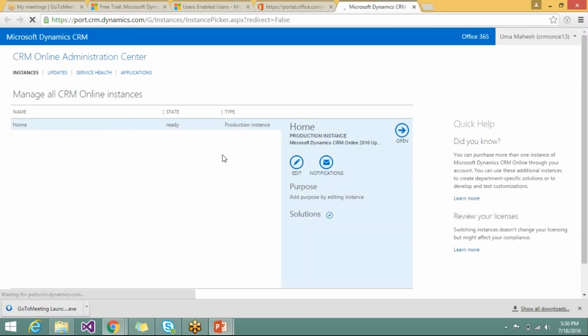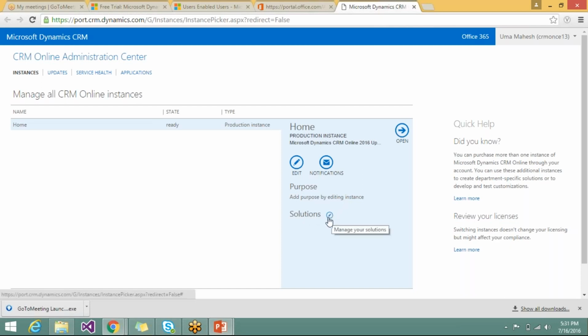Once you go to CRM, whatever instances or CRM organizations you have under this Office 365 will be listed here in our environment. There we have Solutions, so here we can click on Solutions.